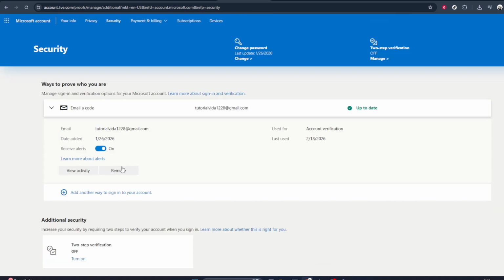Here, you'll see items related to how you access your account, such as email addresses, phone numbers, or other sign-in details. Alongside these options, there will be a Remove button next to entries you can disconnect. To log out a specific device or remove its access,